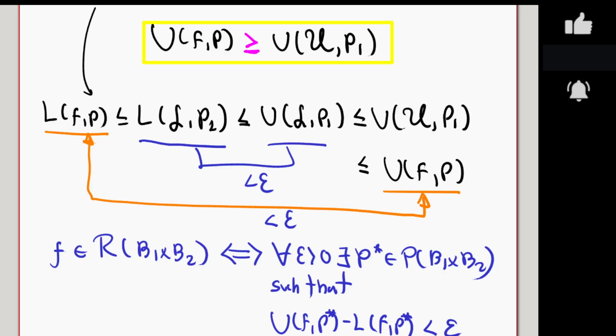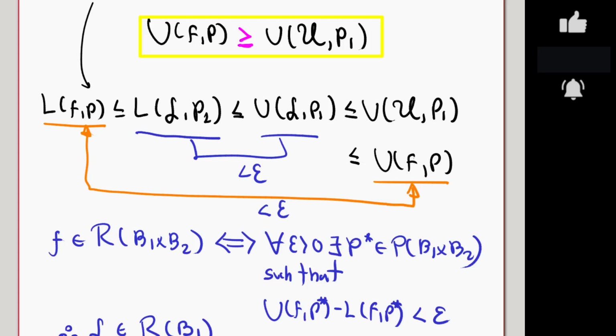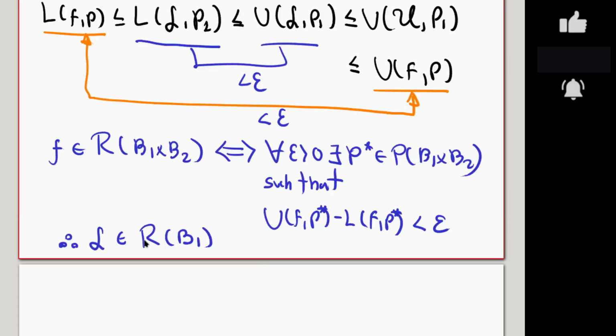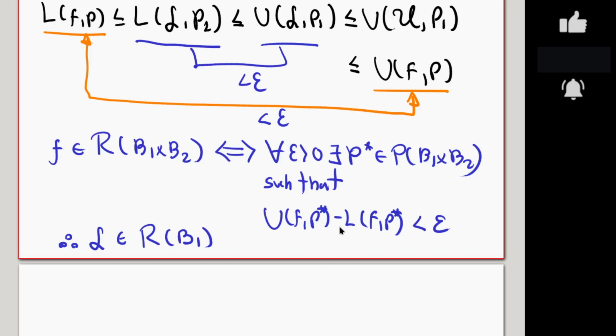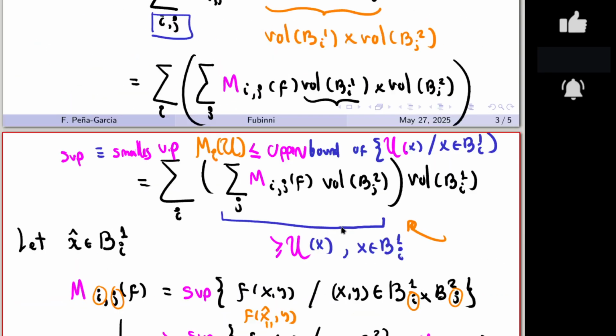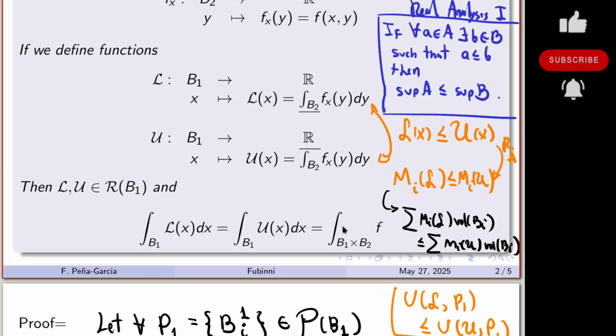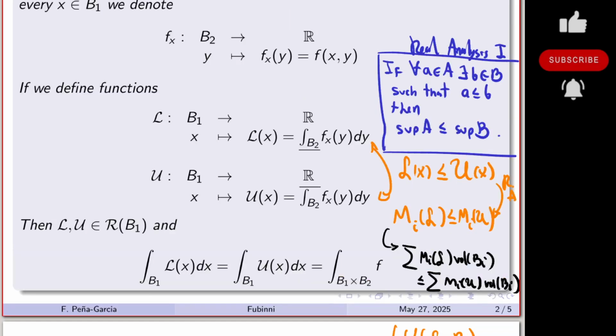So this proves that this function is Riemann integrable. We need to make the same analysis for the other function, the function u. But we already have the means to do that here. We don't need to make any extra analysis. You just need to keep in mind that while this is true, it is also true that the infimum of A will be